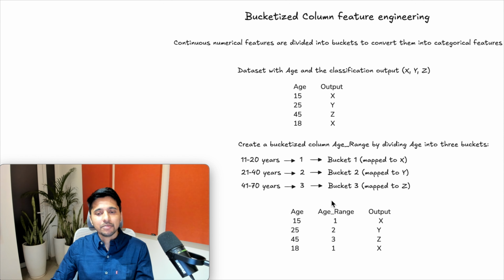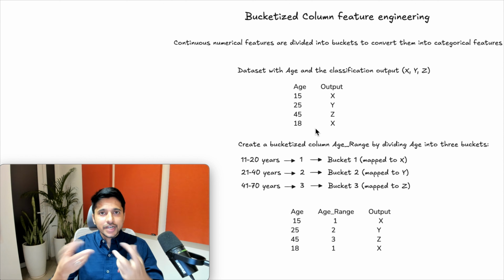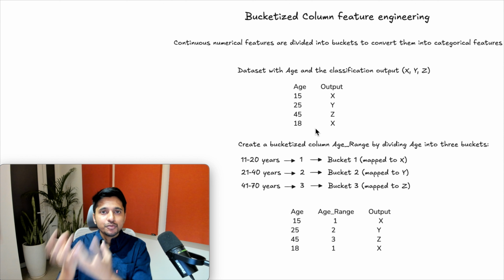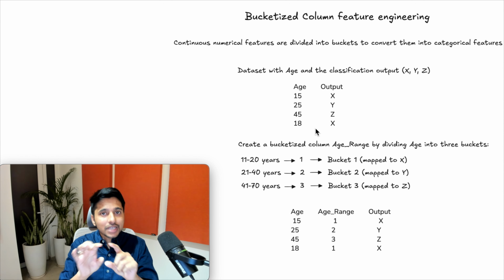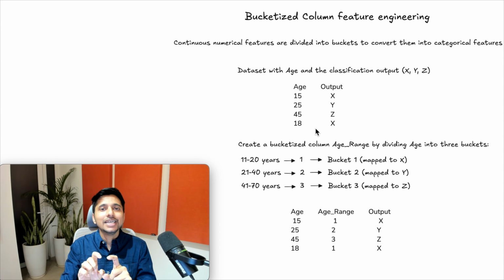So this is going to help more when we do the model training. So what we did here, we created the bucket for the age range. And why have we done that? Because when we observed the data, we found that our output highly depends on the age range, not just on the particular age. So it is dependent more on the age group, the age range. So it is a wise idea to create the bucket for those age ranges, and that is called feature engineering